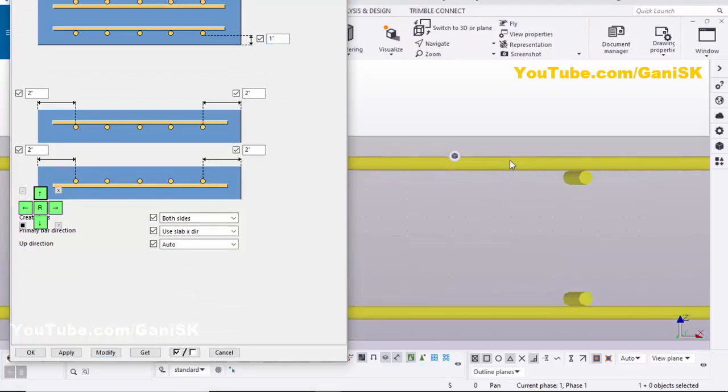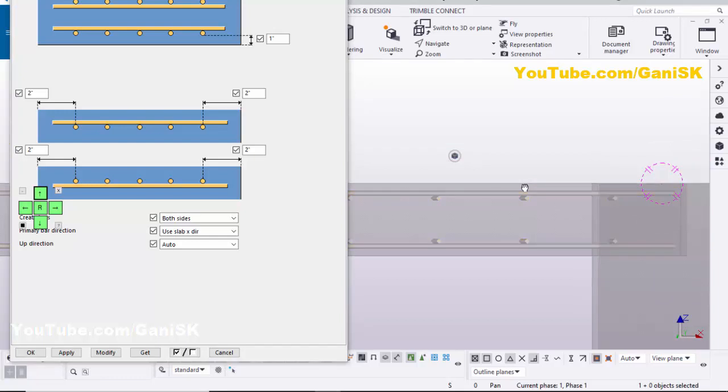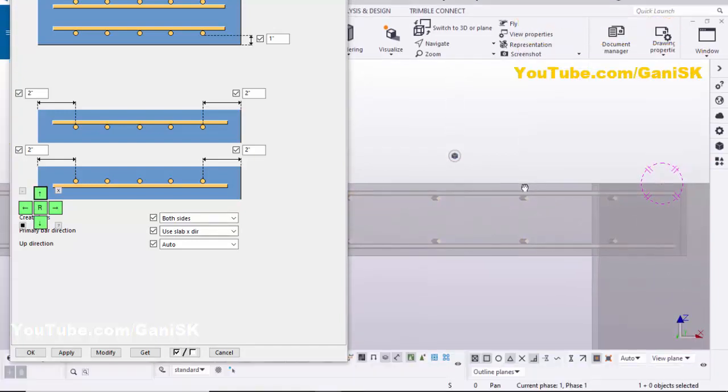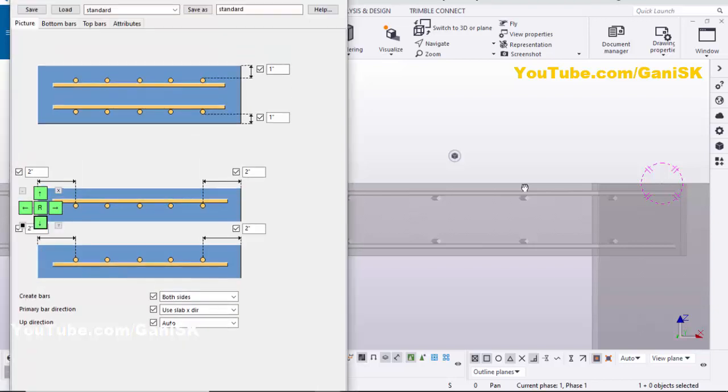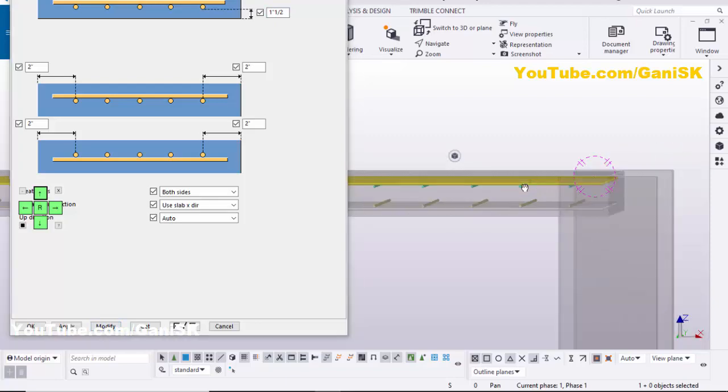You can see now the spacing is 1 inch. Okay, let's take 1.5 inch for the spacing, then select the reinforcement, then click on modify to see the result like this.